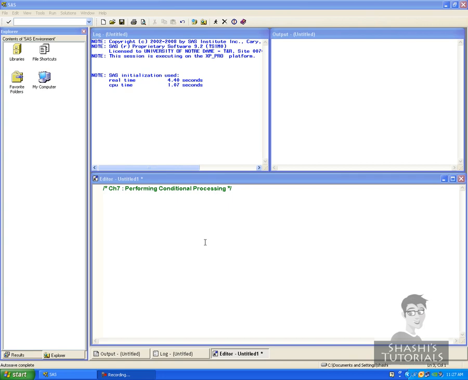Programs that perform any of these operations require conditional processing, which is the ability to make logical decisions based on data values. So we'll see first the if and the if-else statements. Two of the basic tools for conditional processing are the if and else if statements. To understand how these statements work,